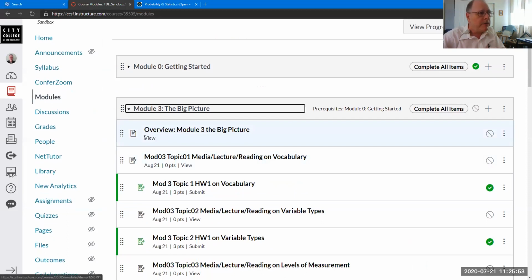Under each module, there'll be items to view, and then there'll also be some items to submit. It's set up so you have to go through these in order. So here's an item, homework number 1 on module 3, topic 1. It's a homework about the vocabulary for the course. Now, if I click on that,